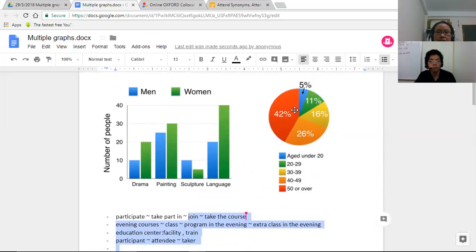And how about the ages here? Normally, when you describe age, how would you structure your sentence? I would say the people at the age or the people aged. Yes. But now we have a range of age. So you can say people within the 20-29 range. You can use the word range. People within the range of